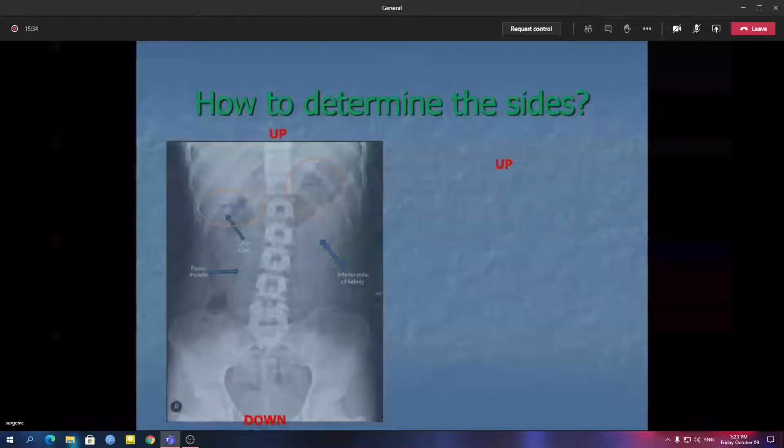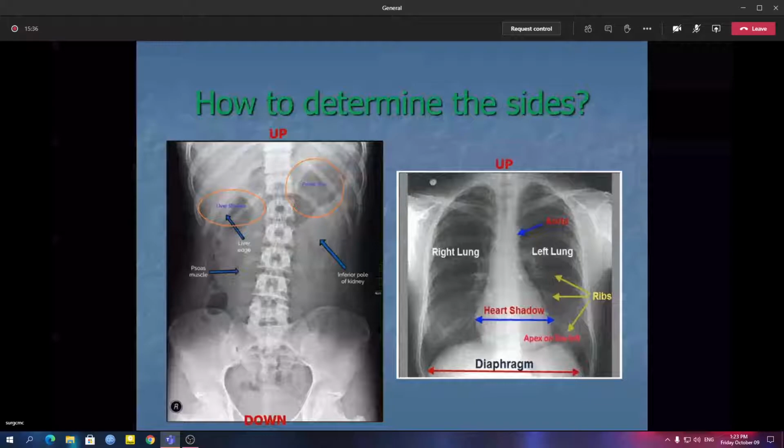First, we have to determine the orientation. If you get an abdominal X-ray on the left, you can see the chest X-ray on the right. On a chest X-ray, it has been told to you since first professional MBBS, the apex is on the left, and the cardiac shadow is here. It's a chest X-ray PA view. Had it been an AP view, the cardiac shadow would have been wider. A huge cardiac shadow, you could have thought you are dealing with a patient of cardiomegaly. Believe me, in surgery you don't deal with cardiomegaly. Anyway, so apex on the left.